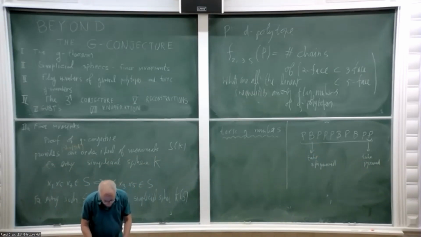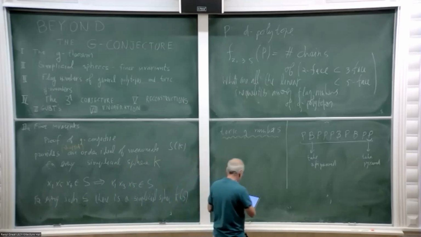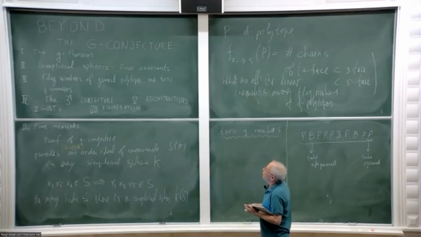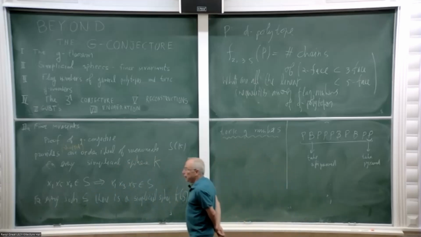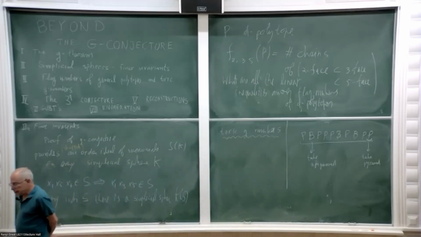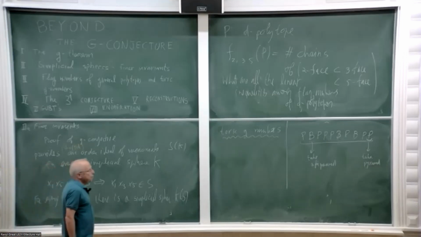So one way to describe the toric g numbers, maybe I will just give you where they come from. As I said, Stanley proved the g-conjecture for spheres using the hard Lefschetz theorem for toric varieties. The reason it works is that when you look at toric varieties, certain algebraic varieties which correspond to simplicial spheres, those varieties are close to being smooth. When you start from general polytopes, you get very complicated varieties with very unpleasant singularities. But nevertheless,